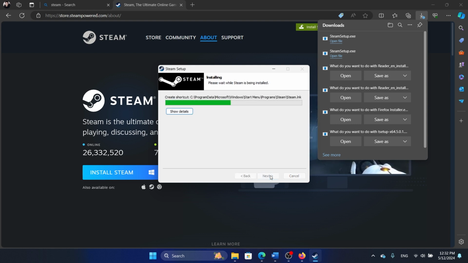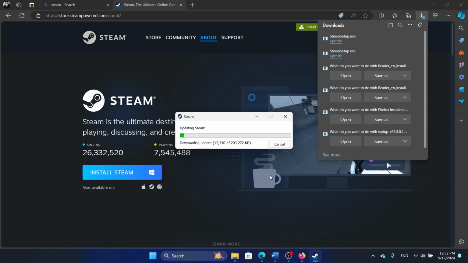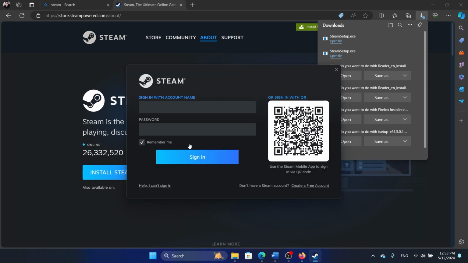Next, install, finish, and then just wait till Steam is installed. It will need a while, and after that it will lead you to the login page, but you'll have to wait for a while, a few minutes. Once Steam has